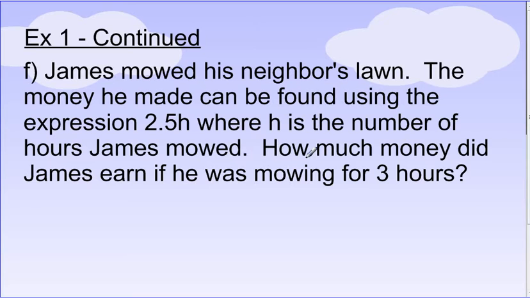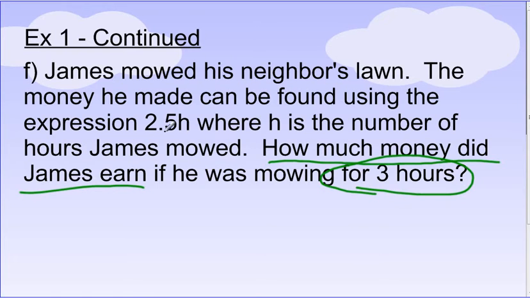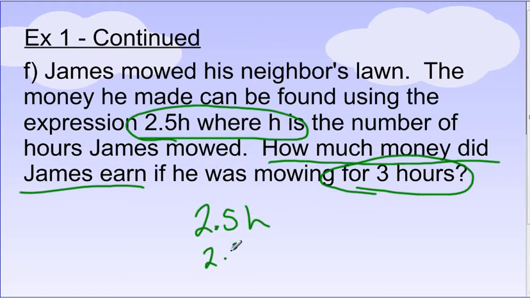So the first thing I like to do is figure out what it is I have to do. I need to find out how much money James earned. That's my final goal. Now, the other important information it gives us is that he mowed for 3 hours, and the money he made can be found using this expression where h is the number of hours mowed. So if we use that expression, 2.5h, and we know that h is 3 hours, we substitute 2.5 times